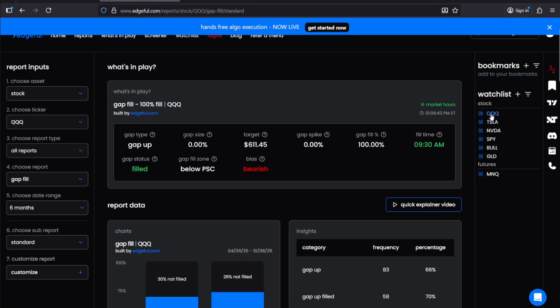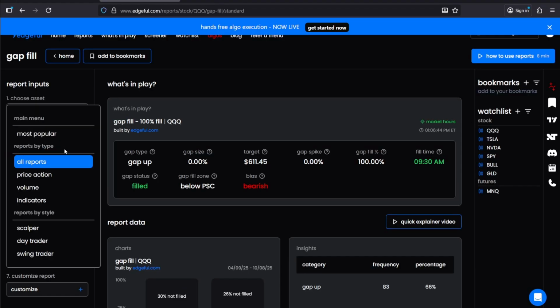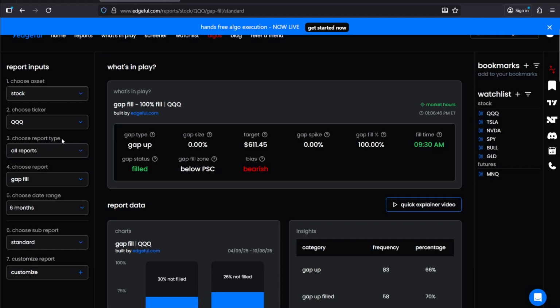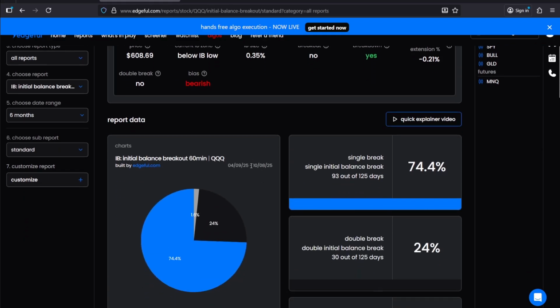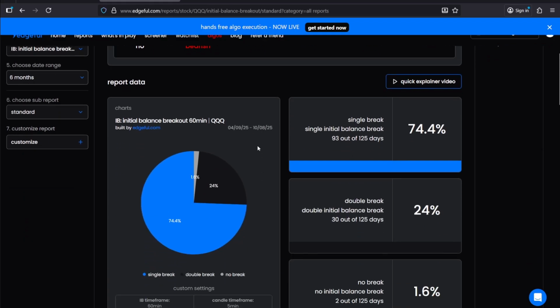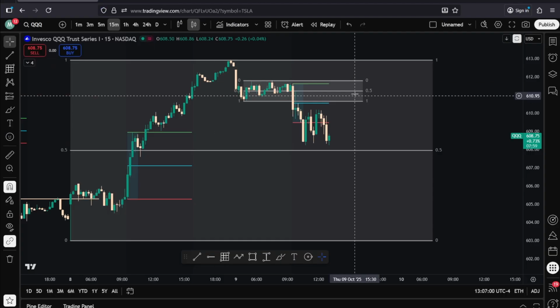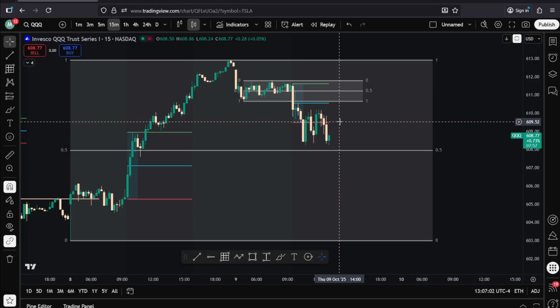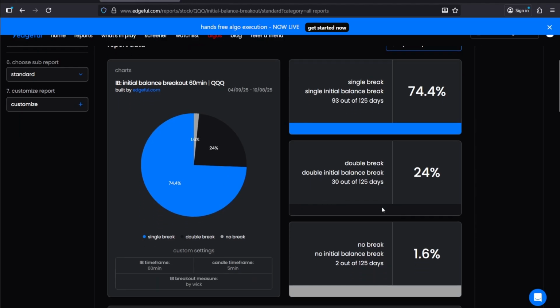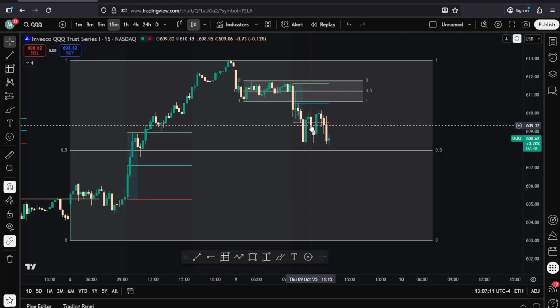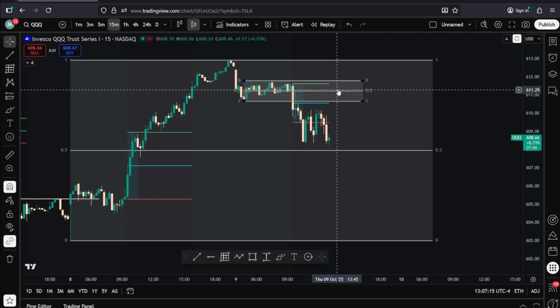So we go over to Edgeful, we use Qs, we go to all reports, and then we go to the initial balance breakout report. What this is going to give us is the data for any initial balance break over the past 6 months. 93 out of 125 days, you will have a single break, meaning that one of the high or lows will get broken and price will not reverse and go back to that high or low. 24% of the time, you have price break both of those levels. So you'll have the low break for today's example, and then let's say we went all the way back up